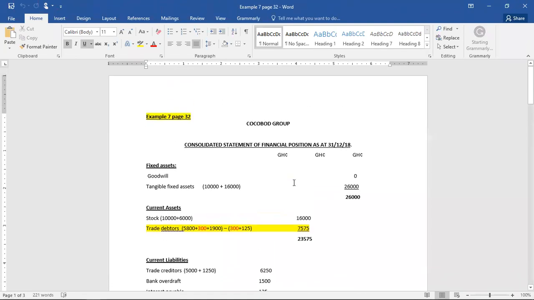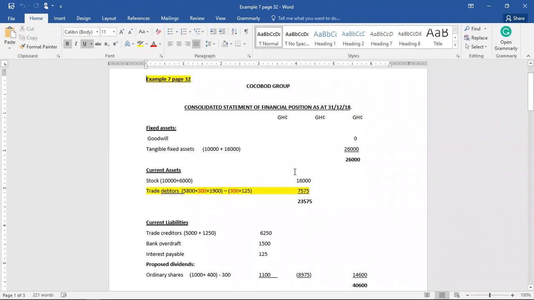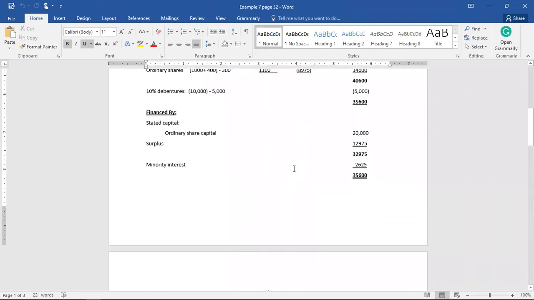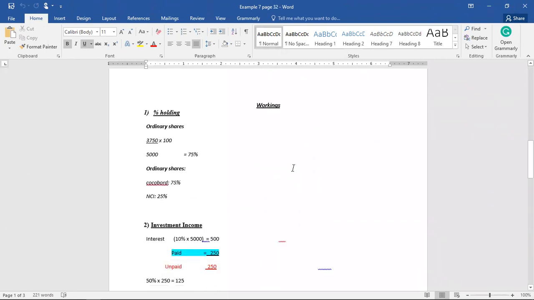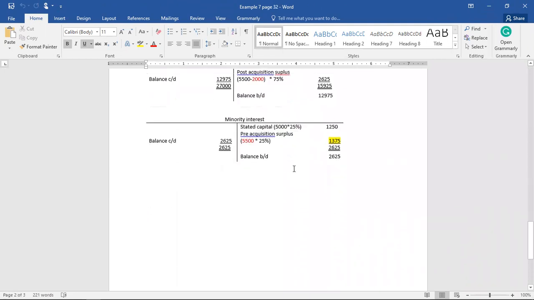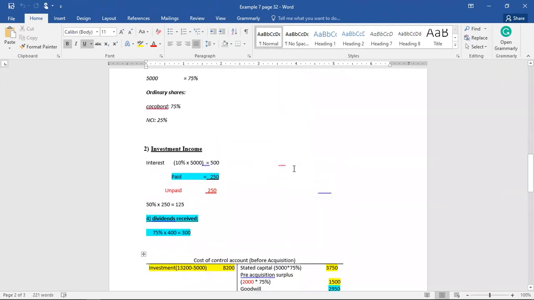I don't know, but I asked people to go and do it. So that's question 2. This is just the solution to the question. The example 7 in your handout,